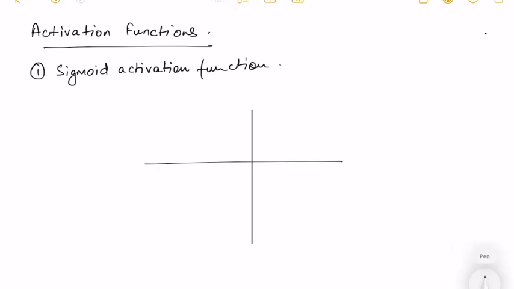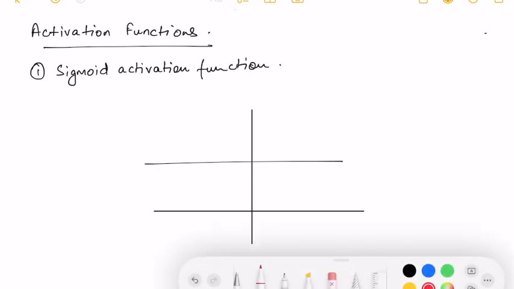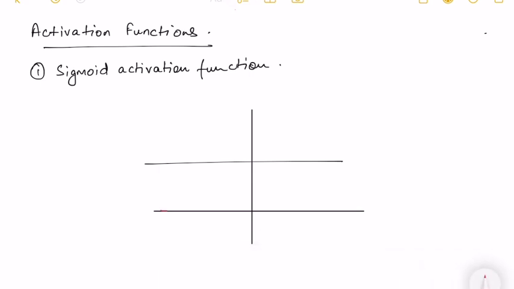Let me draw it out properly actually. Okay, so this function looks something like this,